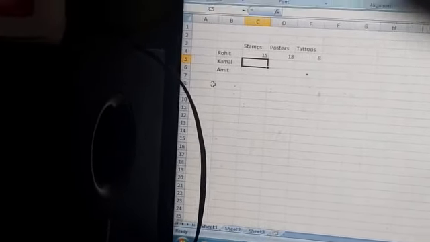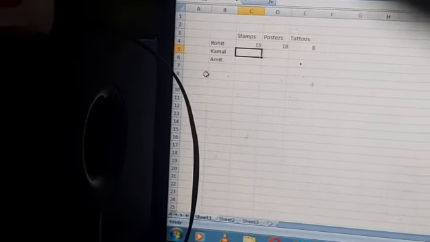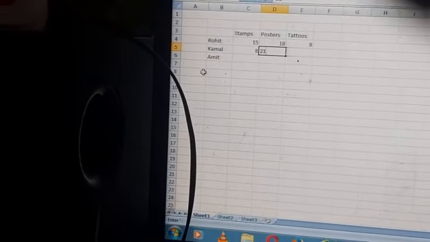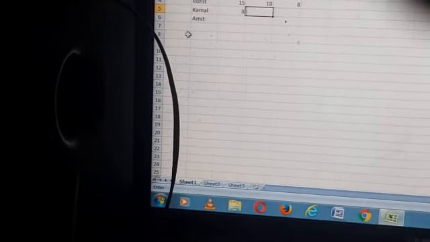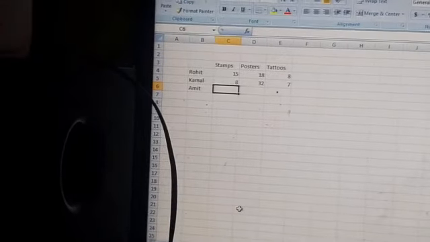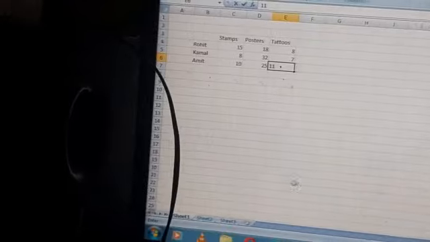Then next, Komal has 5 stamps, 32 posters and 7 tattoos. And Amit has 10 stamps, 25 posters and 11 tattoos.